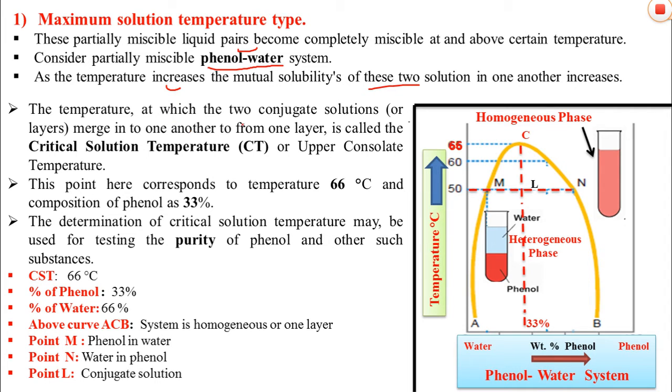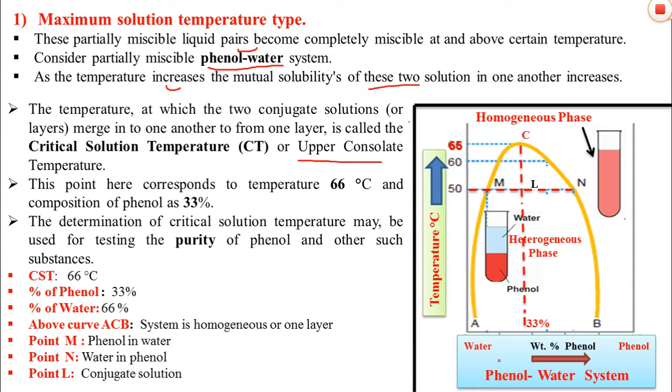The temperature at which the two conjugate solutions merge in one another to form a single layer is called the critical solution temperature or upper consolute temperature. This critical solution temperature corresponds to 66 degrees Celsius,